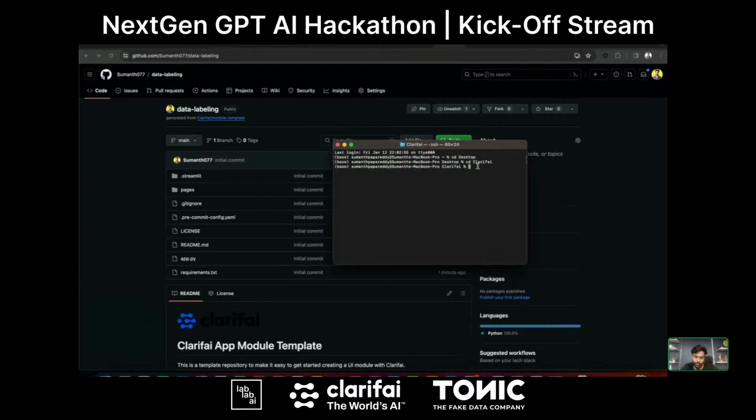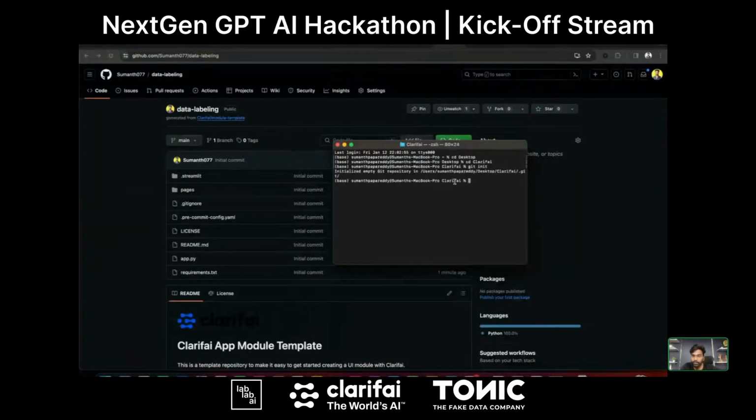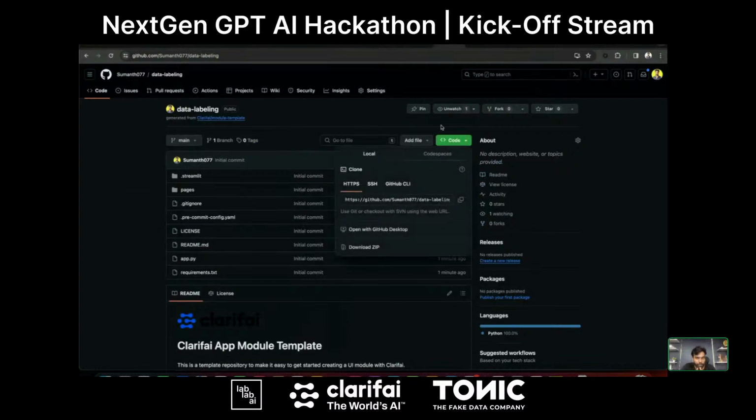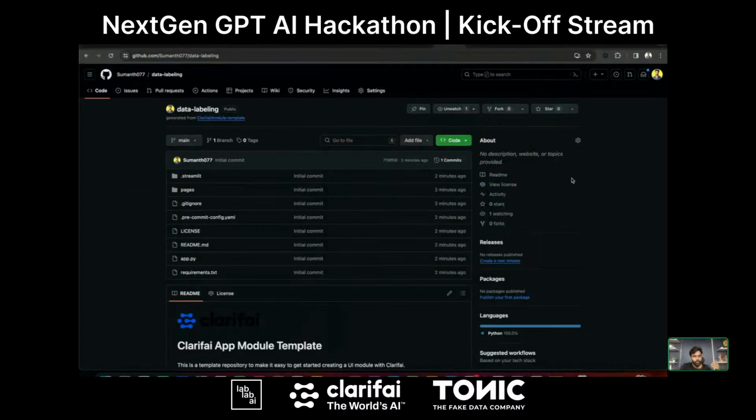Maybe you can just give git init to initialize Git. I hope you can see all the things that I'm typing here. All I'm doing is going to the path where I need to clone this repository, and then initializing Git using the git init command. Then I'm using git clone and passing the repository URL that we copied, right? We just copied the repo URL, and I'm passing it here like git clone and your repository, and just cloning it to your local machine. So that's how simple it is.